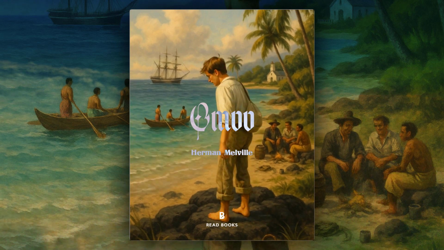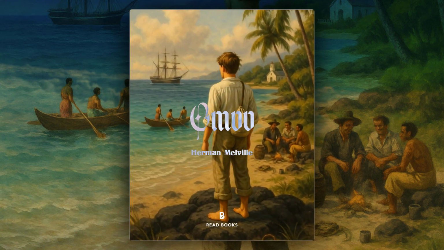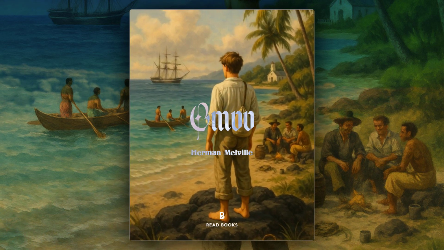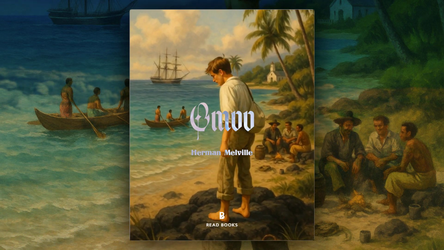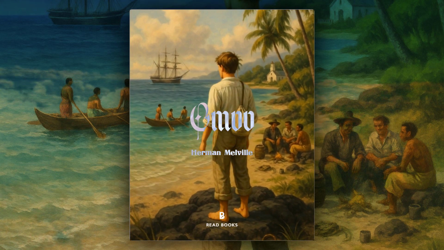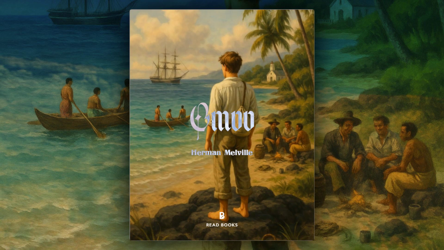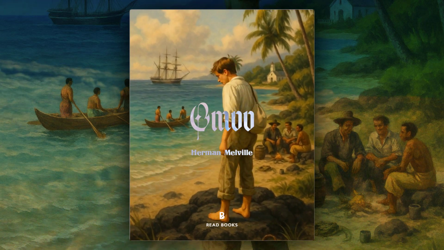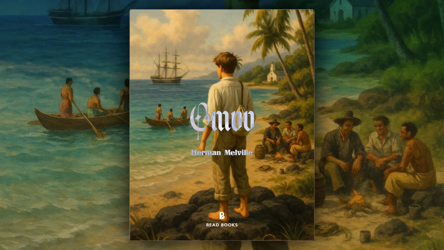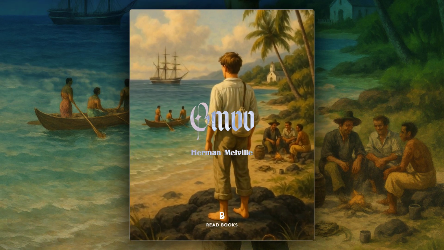While on the islands, Tommo falls ill, and the ship's captain, coupled with the diverse crew, faces challenges that expose the tensions and conflicts inherent in maritime life. After his recovery, Tommo chooses to abandon ship rather than return to his previous life at sea. Thus, he begins to explore the islands further. As Tommo adapts to life on the island, he encounters a variety of characters, including natives, other sailors, and ill-fated castaways. He understands that the unspoiled nature of the islands is threatened by outside forces, including missionaries and traders.